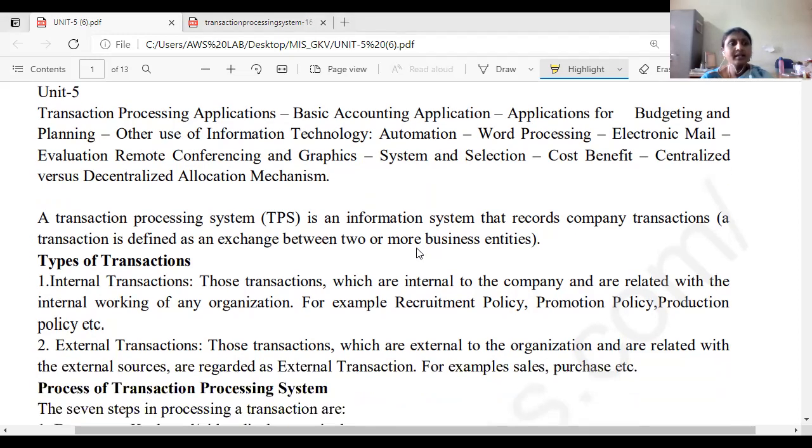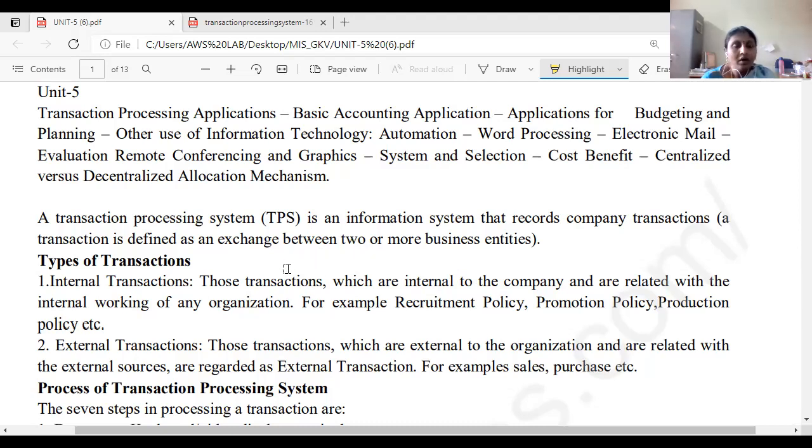So what are the types of transactions we have seen in the last class? I told you the transaction processing system has certain characteristics. So what are those characteristics? First, you should have good performance, reliability, and the atomicity property. That means a transaction processing system must have the ACID properties. A means atomicity, C means consistency, I means isolation, D means durability. You should obey all the ACID properties which you have learned in your DBMS.